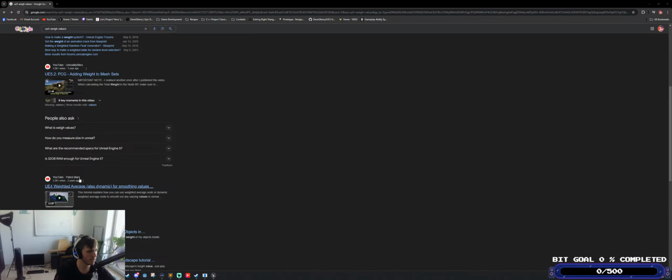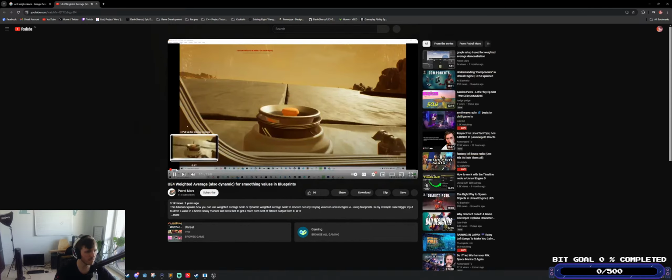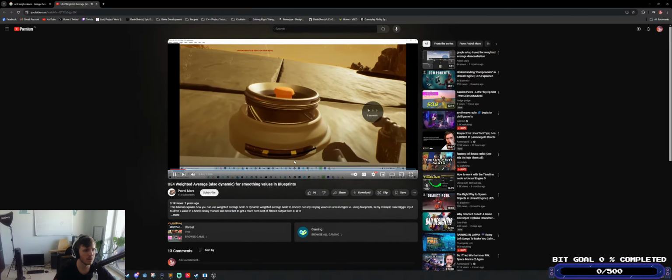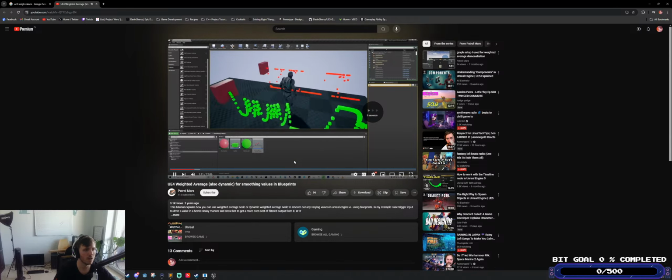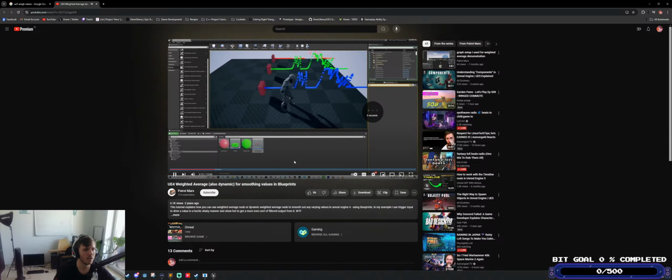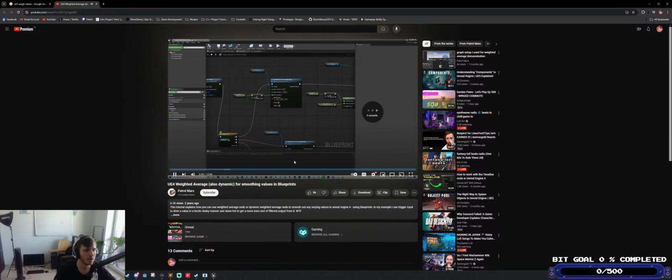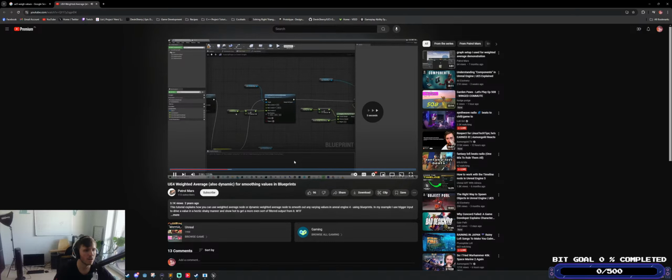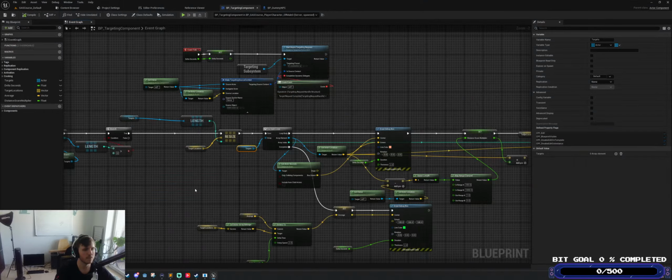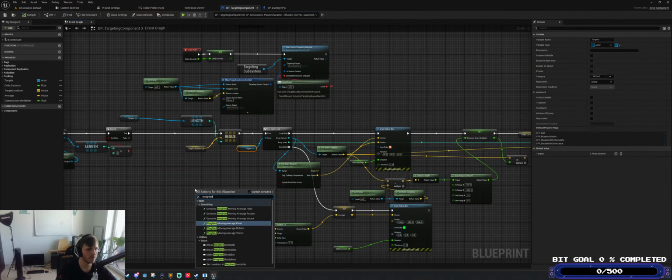Okay, hold on. There is in Unreal Engine 4 a weighted... So, how do you take? So this tutorial explains how you can use the weighted average node. So is there anything? So dynamic